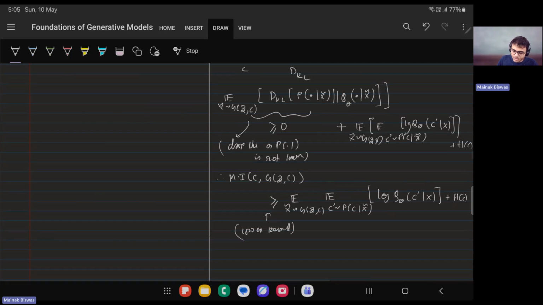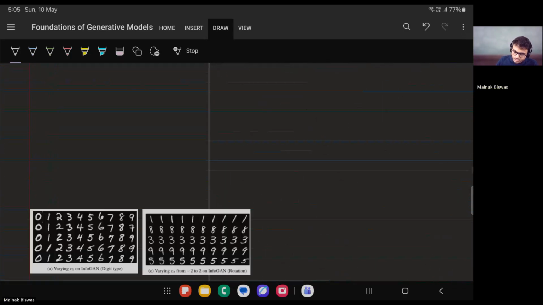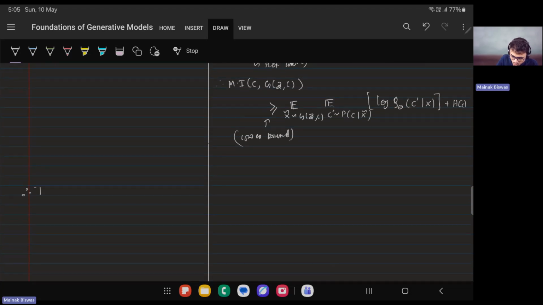So my loss, the InfoGAN loss, is equal to